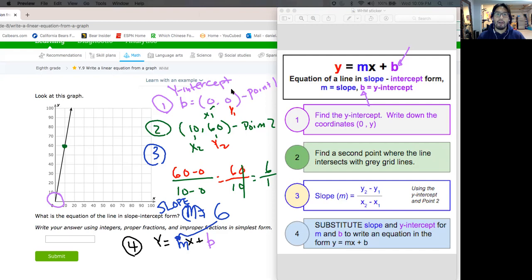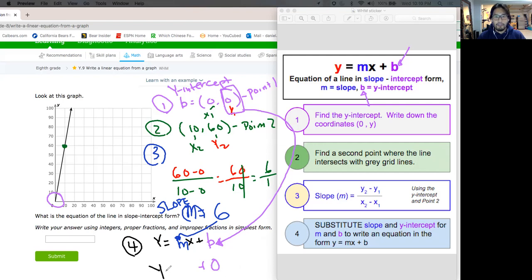And my actual y-intercept is the y coordinate right there from step 1, and I'm going to substitute that for b. And the reason why I asked you to write this in coordinate form is so that you could use the y-intercept in your calculation of slope. So now what do I have? I've got my final equation is